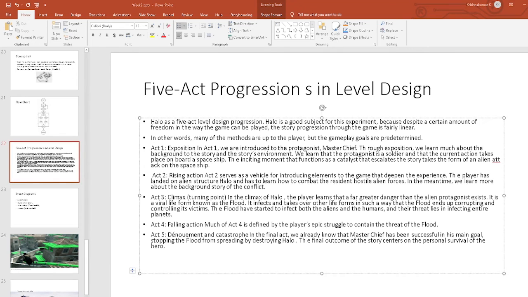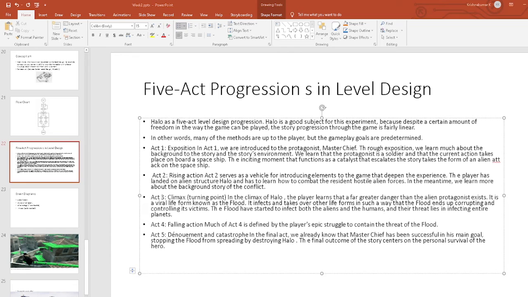Here in act 1 we will be introducing Master Chief, who is the protagonist. Through exposure, we will be trying to learn about his background story, and the story's environment will be learned as well.